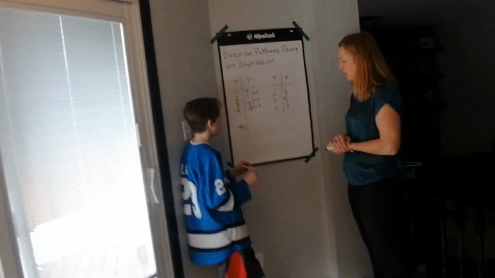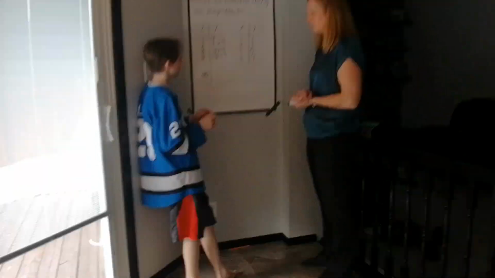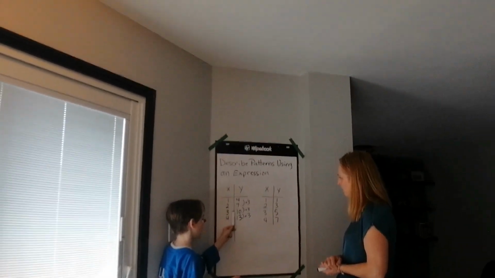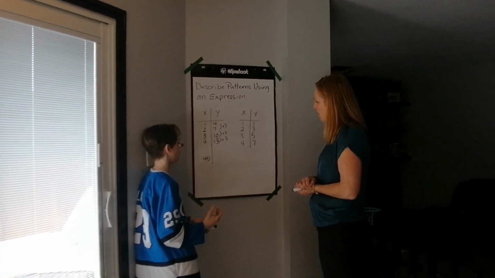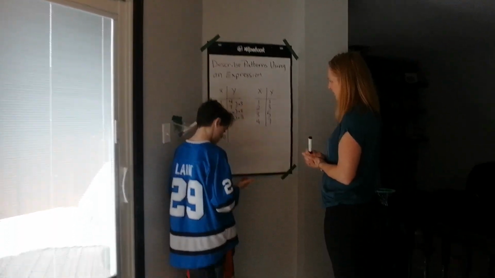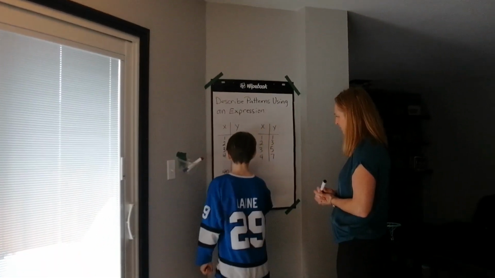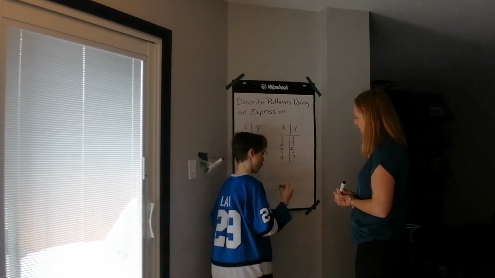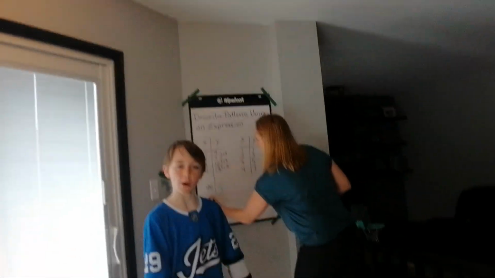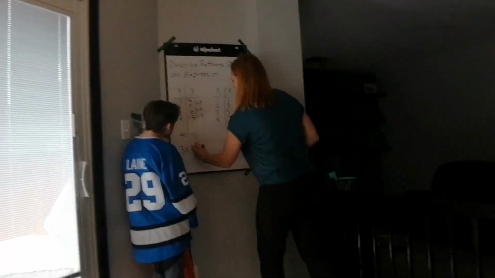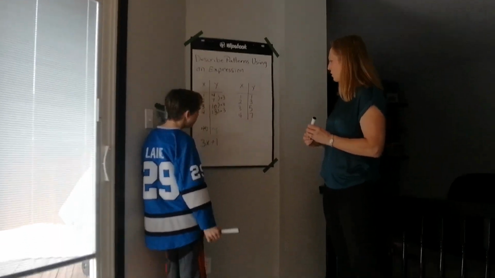Okay, take a look and tell us what you need to do. I think that you need to times it by 3, because 2 goes into 6, and then you add 1. And 3 goes into 9 3 times, and then add 1. So is that going to work every time? I think so. All right, so if we're going to write it as an expression, what's it going to look like? I think you're doing 3x, which is 3 times x, plus 1. Yeah. So there's our expression. It'll work every single